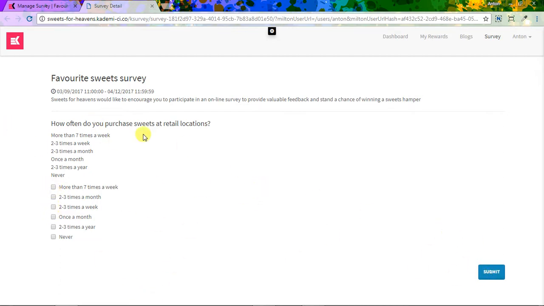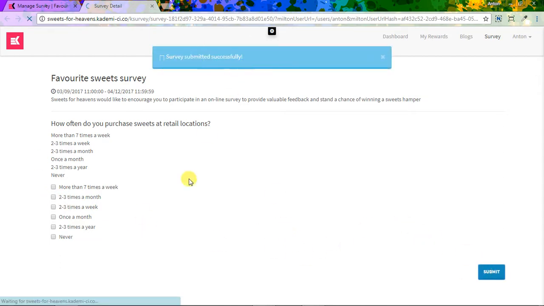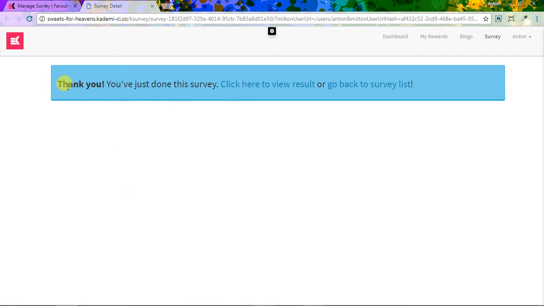And what it'll do is it'll bring up a screen for you. Let's just do one quickly. So say for instance you choose more than 7 times, and maybe 2 to 3 times a month. You can say submit, and it'll say submitted successfully, and it'll give you a kind little message saying it's been completed. And you can actually click here to review your results,